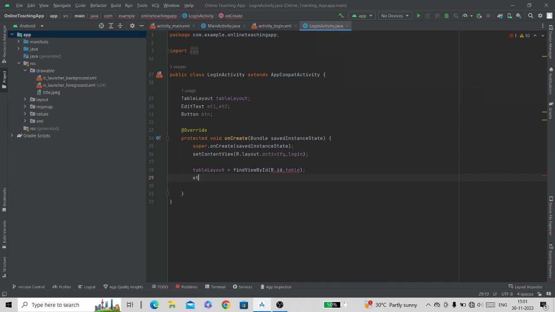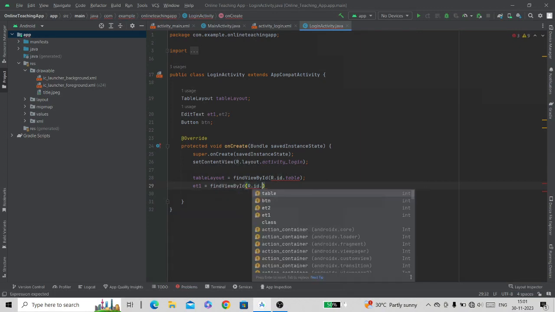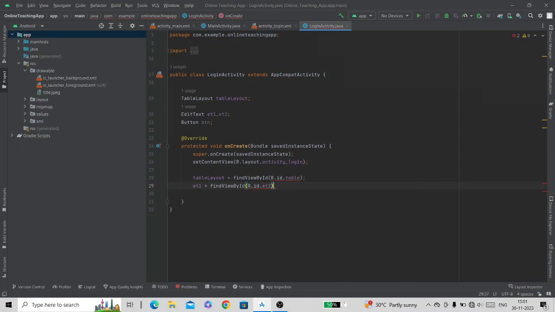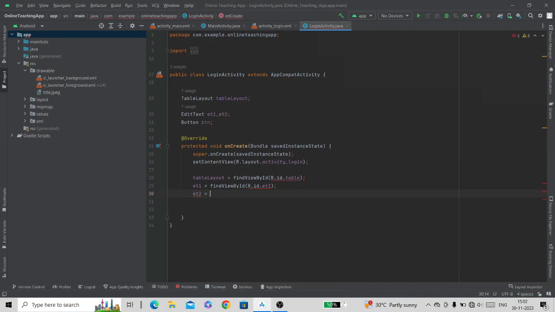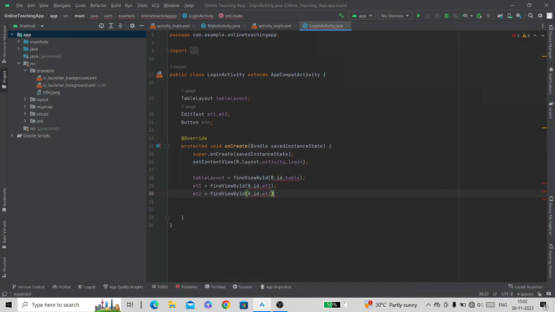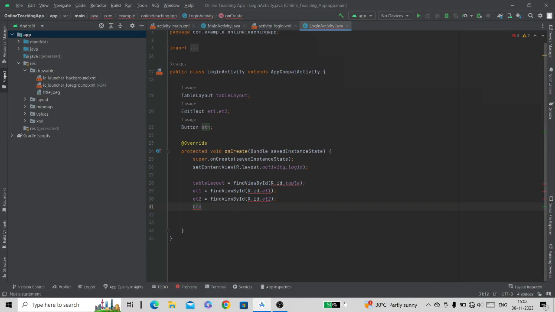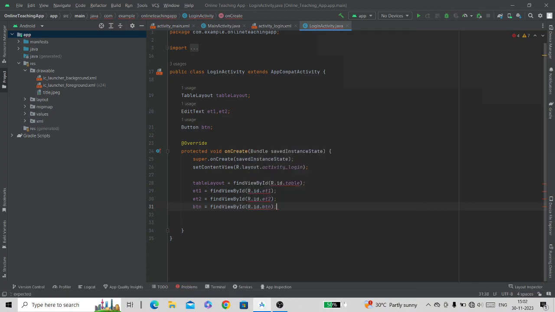We will do the same thing for edit text 1, findViewById, R.id.et1, et2 equal to findViewById, R.id.et2, btn is equal to findViewById, R.id.btn. Now because we want to add rows on button click, we will use a click listener for this button.